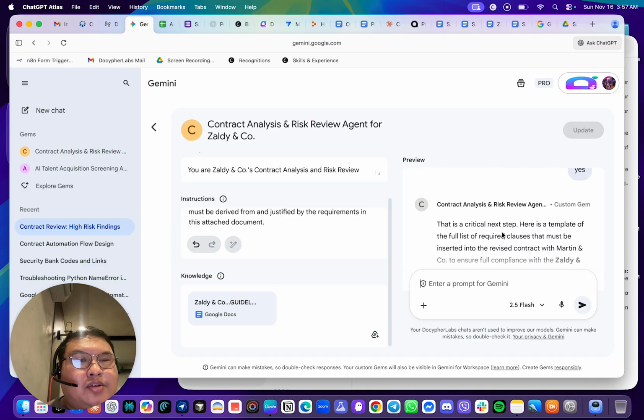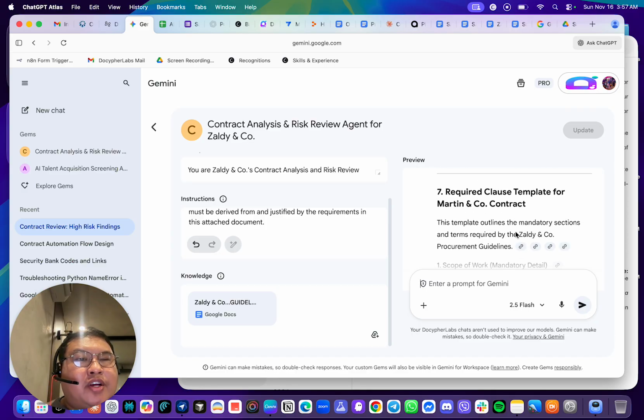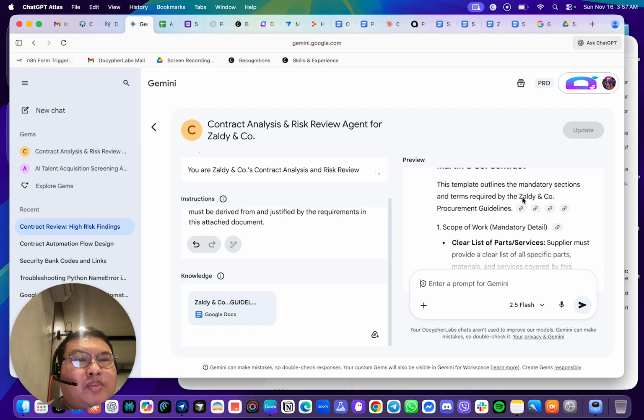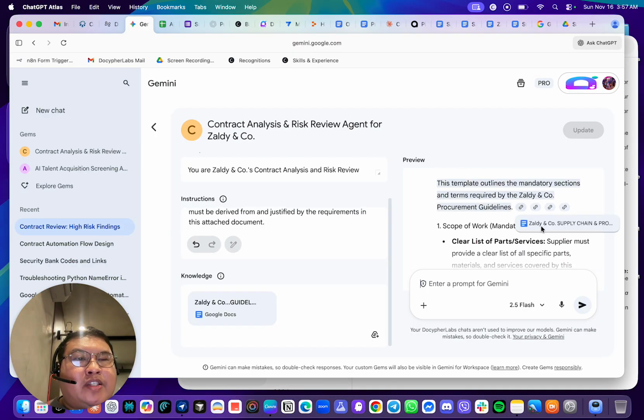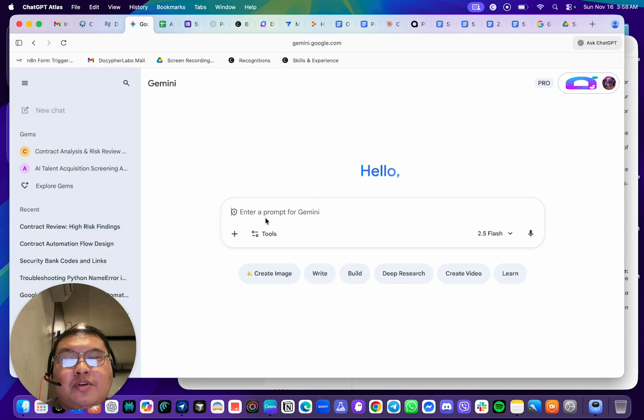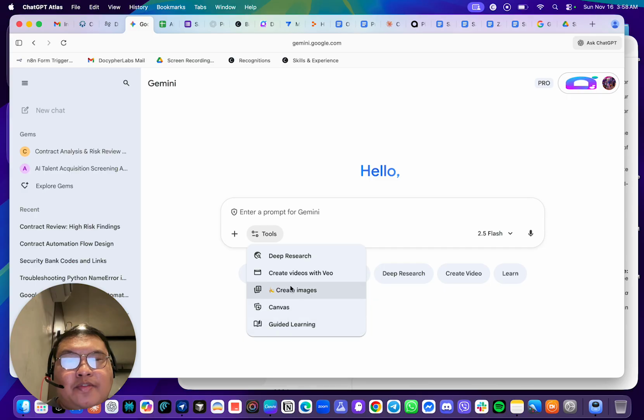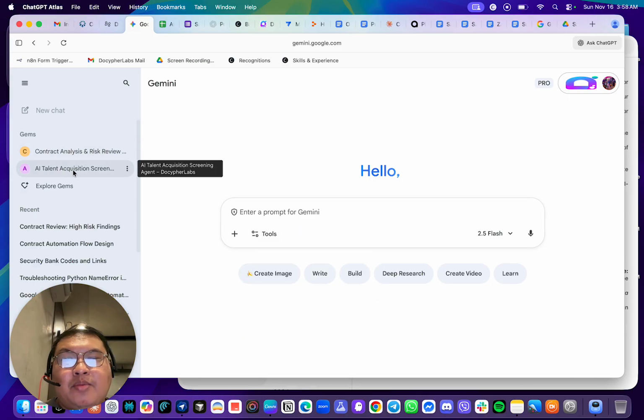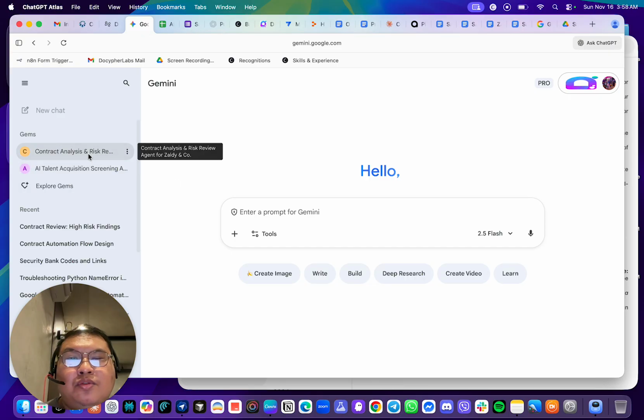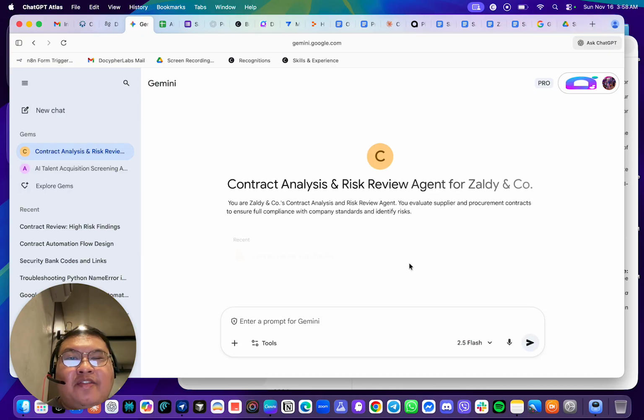Okay, so as we can see, it generated the required clause templates. So we can see the change. This is actually redirecting us to the document, which is this one. The next thing that we're going to do is explore some of these quick features, but just for demo purposes, we're going to go to the actual live version